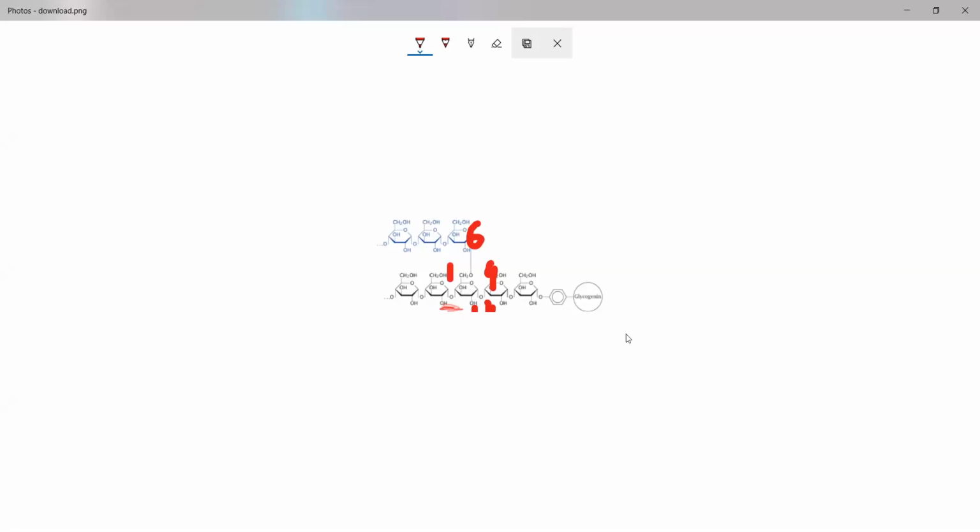So in a straight pattern, when you have glucose molecules being attached to each other through a glycosidic linkage, that will be through a 1,4 linkage. If you are having branching, that will be through a 1,6 linkage.